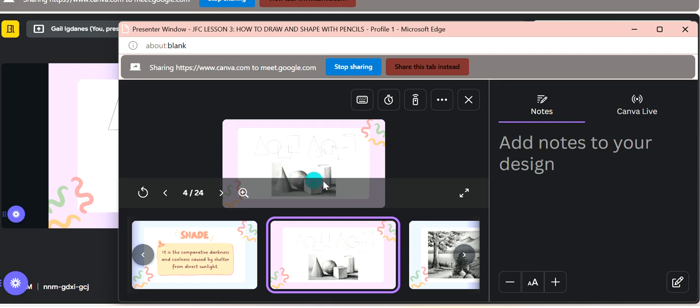As you can see in this area, the edge of the drawing is much darker compared to the larger part of the drawing, to emphasize that in this part sunlight cannot hit it.